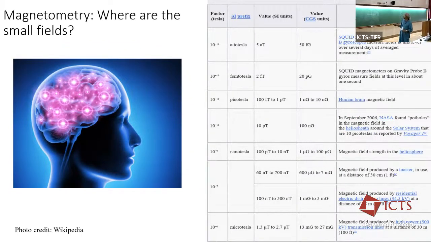With that, just a quick motivation for why atomic magnetometers. This is a slide taken from Wikipedia, and you can see that the state-of-the-art commercial devices, or rather those that are out in the field, are at the level of attotesla. These records are held by SQUID magnetometers, which are flux gate magnetometers.